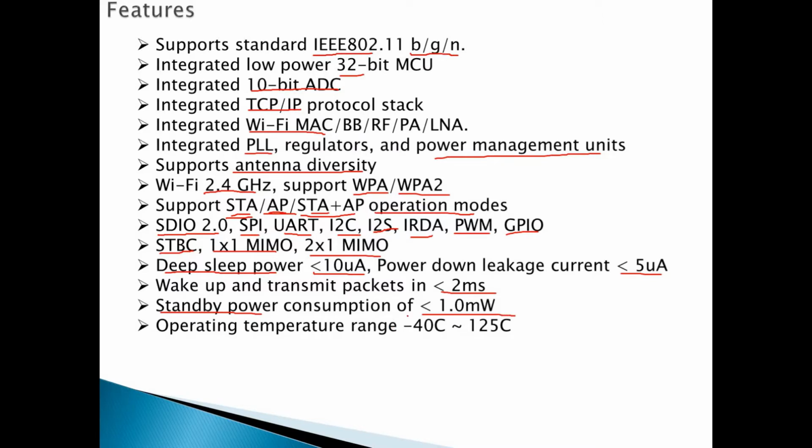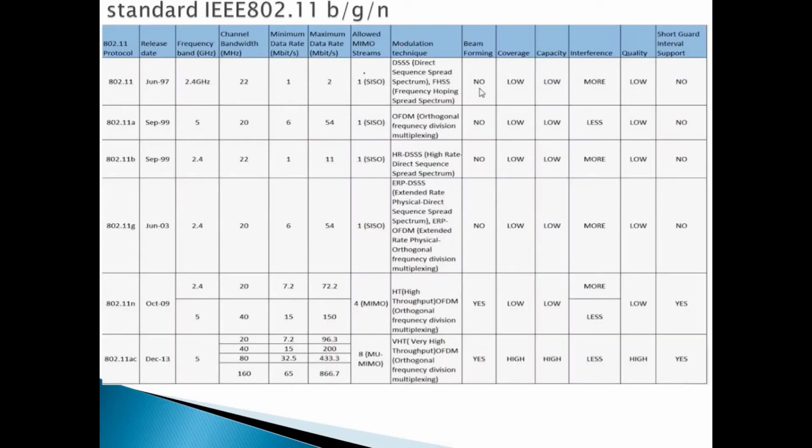Okay, and I can see it's also targeted at industry level applications, since it works from -40 Celsius up to 125 Celsius. Okay, so on the next slide we will learn more about the b/g/n of the IEEE 802.11. Okay, so from this data sheet, we can see the different categories of the 802.11 protocols. So starting from 802.11, then 11a, 11b, 11g, 11n, and ac. The current ESP8266-12E supports the